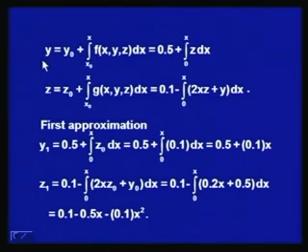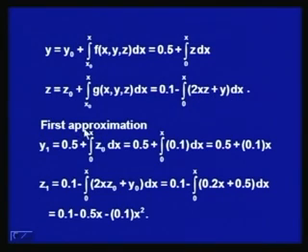Now, by Picard's theorem, we have y equal to y naught plus integral x naught to x f x y z dx, which is equal to 0.5 plus integral 0 to x z dx. Here f x y z is equal to z, and z is equal to z naught plus integral x naught to x g x y z dx. Z naught is equal to 0.1 minus integral 0 to x of 2 x z plus y dx, because the value of g x y z is minus of 2 x z plus y.